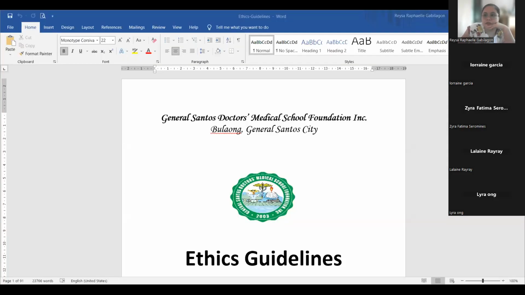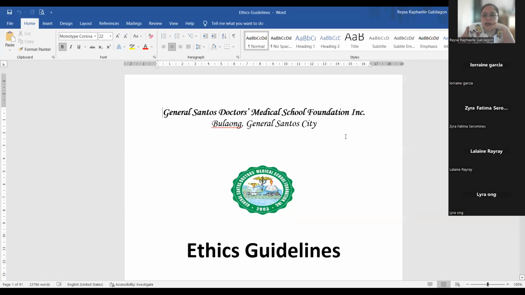Okay, if you don't have concerns anymore, class, after the data gathering procedure, you have to write there the data analysis. If your study is quantitative by nature, definitely you will be using statistical tools. You may go back to your statistics subject to determine what statistical tool is applicable to your study. But if you're not really sure, you may ask me later.